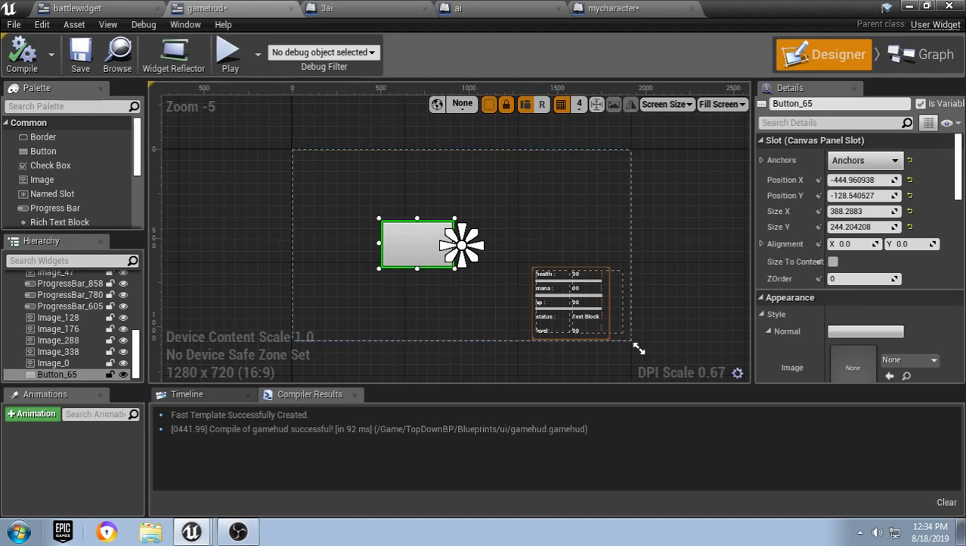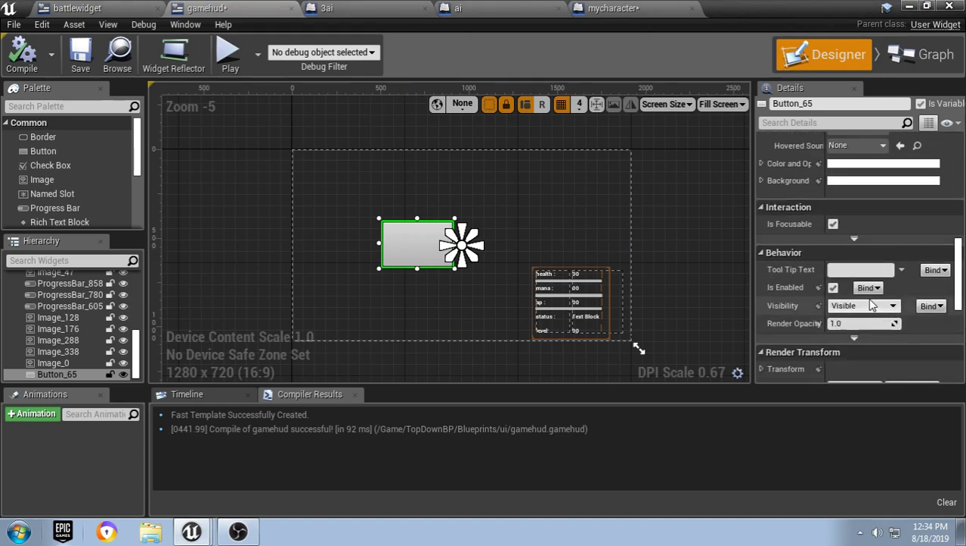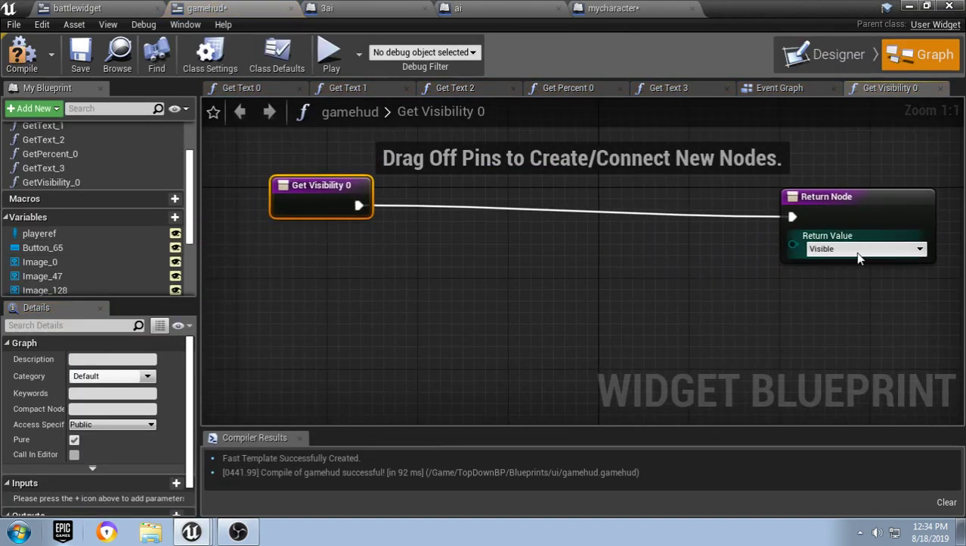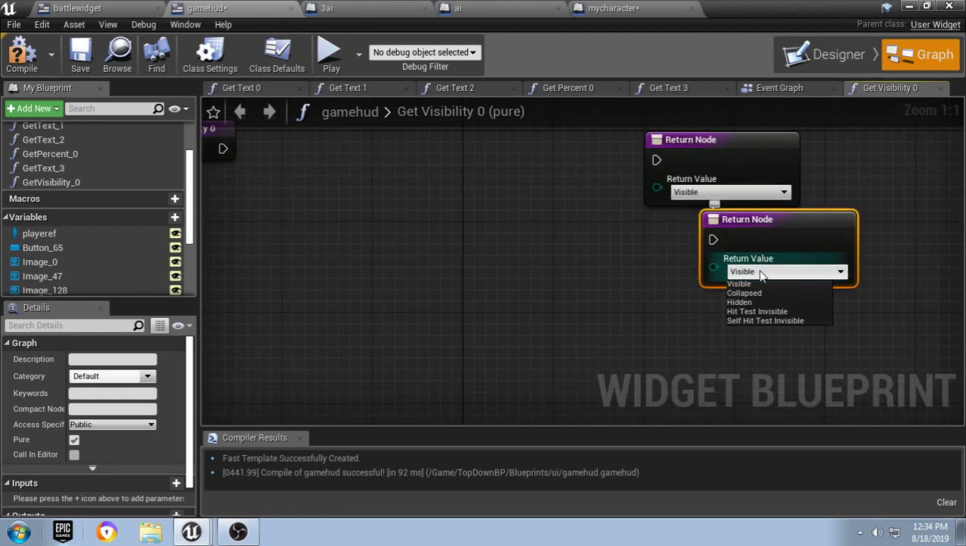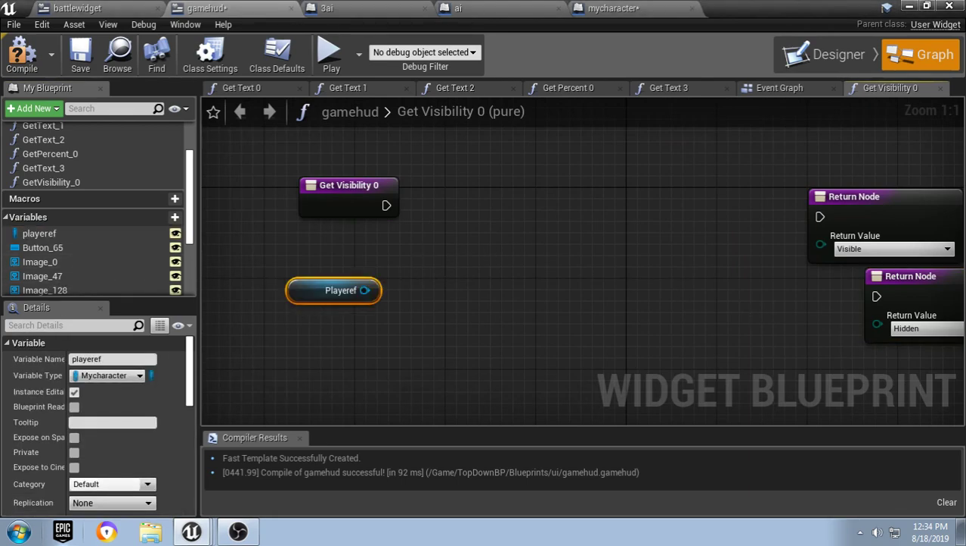Let's click on our button. Let me just see if this is visible by default. It doesn't matter. Okay, so we're going to click on our button, and then we're going to go down to visibility, and we're going to click bind. Create a binding. We're going to drag out, and we're going to duplicate this return node, disconnect that. We're going to set one of them to hidden. Then we're going to grab our player reference,